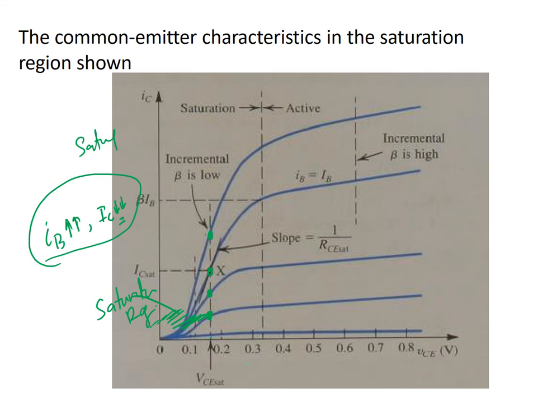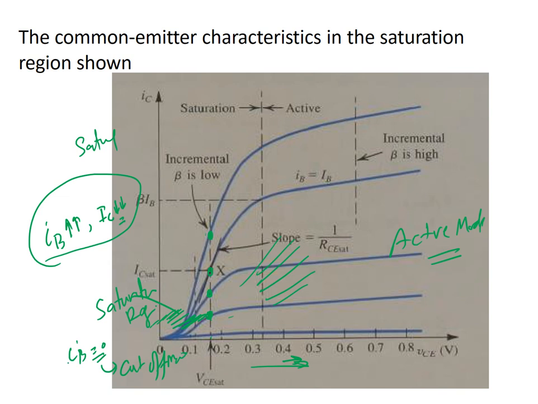And if you are operating in the mode where you increase the base current value and get amplification, this is called active mode. If there is no base current, that is called the cutoff mode. No base current means no collector current, so your base emitter and collector base junctions are reverse biased, right? If they are reverse biased, then there will be no flow of current.